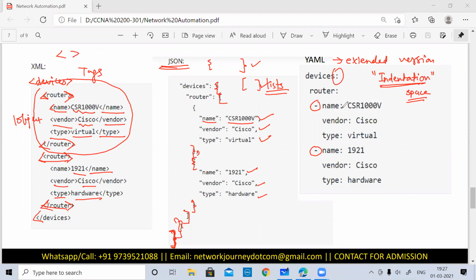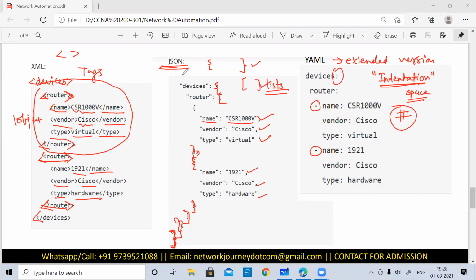Okay, the way we have comments in Python and all, hash. We can make use of this to help others understand what your code is about. Or as we have a normal practice of commenting in normal programming languages, we can also make use of hash to give comments in this, which is missing in JSON and XML.